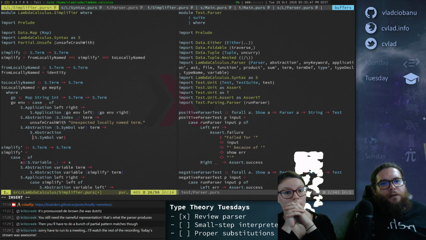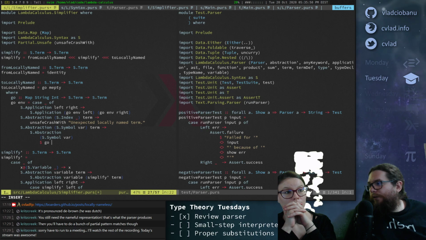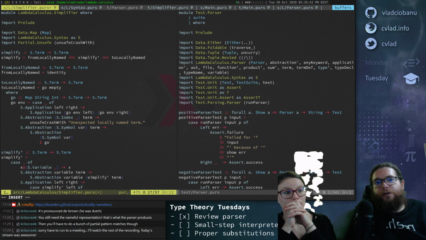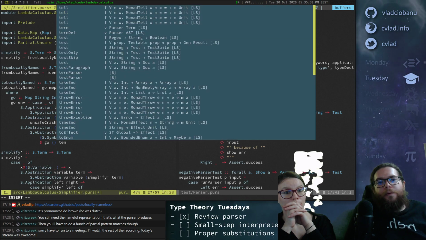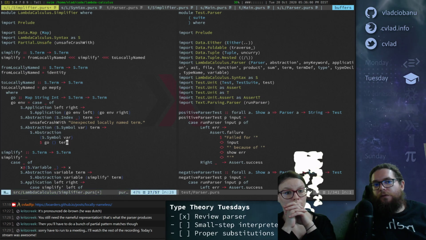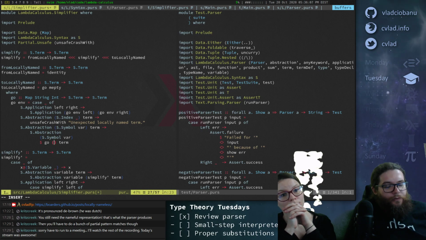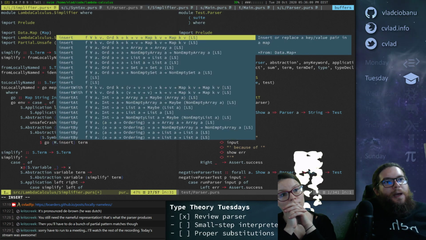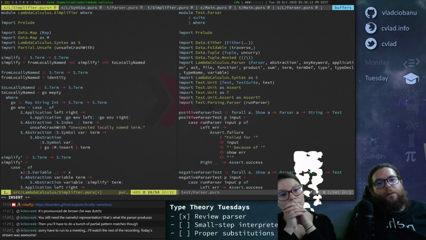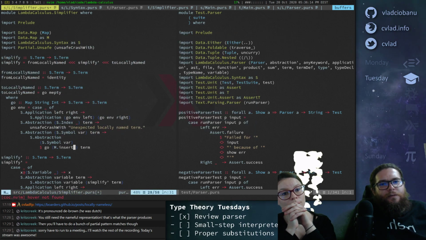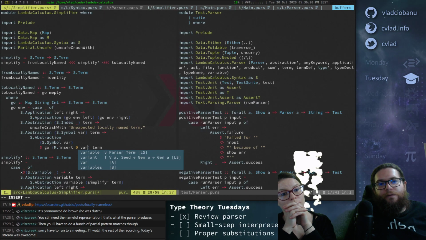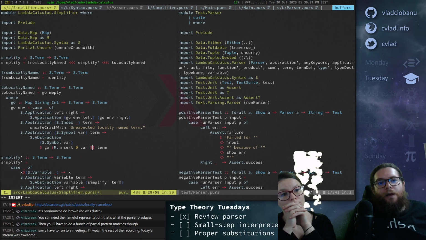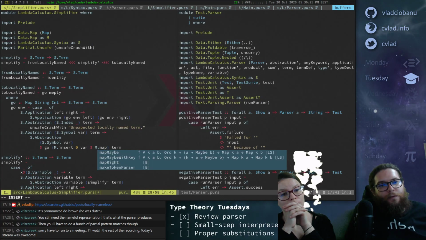And then the inner term needs to do go, right? Like we need to recursively call go with an updated map on the inner term, right? And this is the trick here, right? What we do here is we do m.insert, which is the map insert, which is this one. So we insert, so I guess key goes first, if I remember correctly. So yeah, it's key. So key is 0, value is var, right? The variable name over m.map.